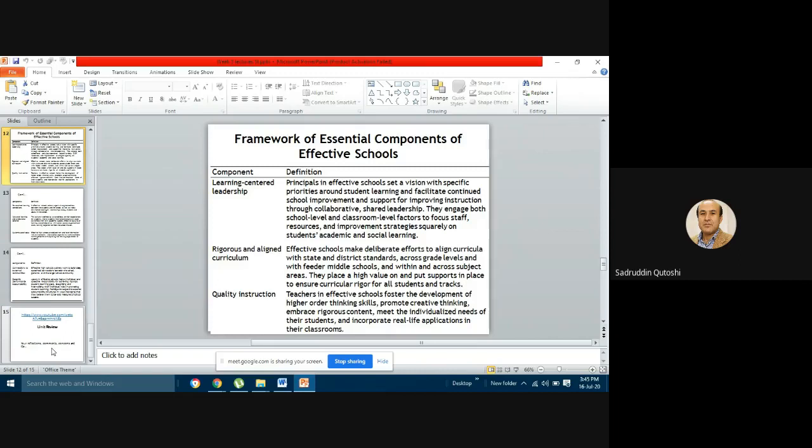And as we discussed earlier, what is the meaning of vision? It is that you want to see your school at a certain level in the near future or far future. Either you as a school principal have developed a shared vision,